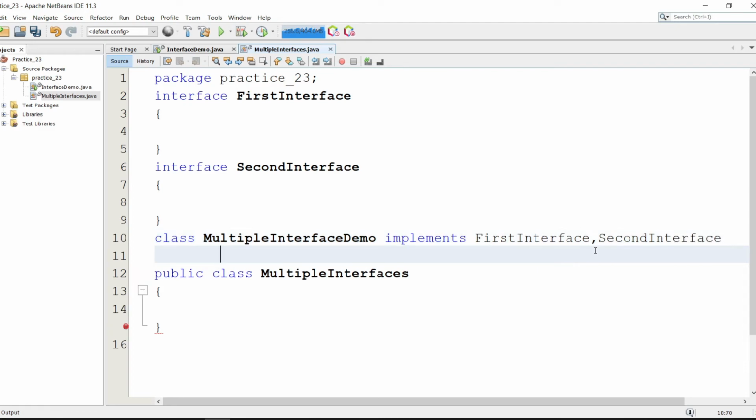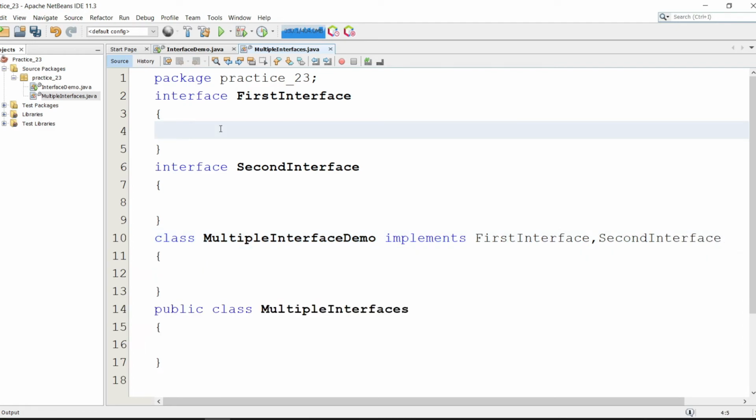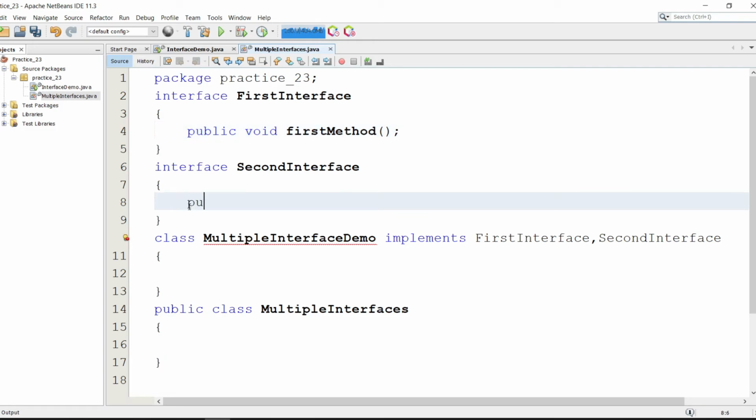Let's create here one method, public void firstMethod, following the convention, and another method, public void secondMethod.